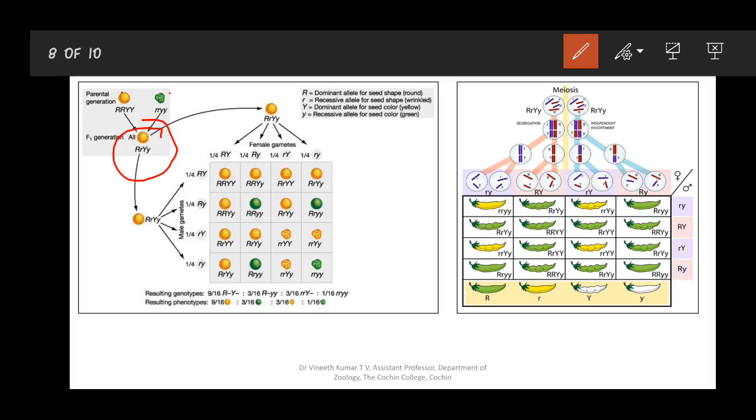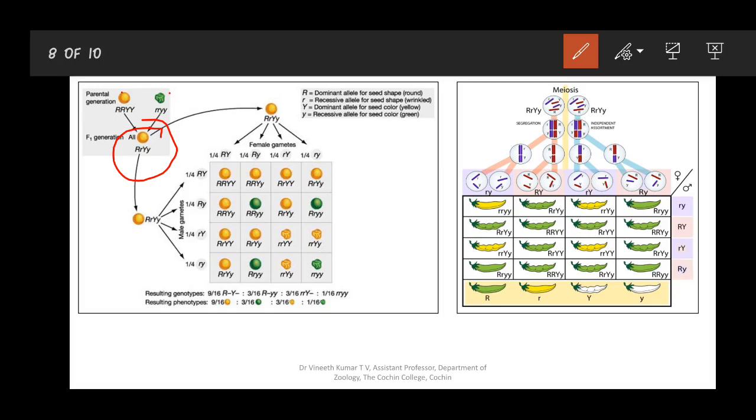And in this experiment, as in the monohybrid cross, Mendel self-fertilized the F1 generation, and to his astonishment he found another ratio apart from the normal monohybrid ratio. When he considered two different characters, the ratio he obtained was not the 3:1 phenotypic ratio, which is the monohybrid ratio, what we obtained yesterday: 3 red to 1 white. Instead, he got a new ratio, which is 9:3:3:1. That is the Mendelian phenotypic ratio for a dihybrid cross.